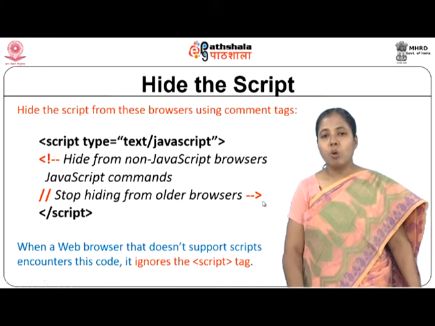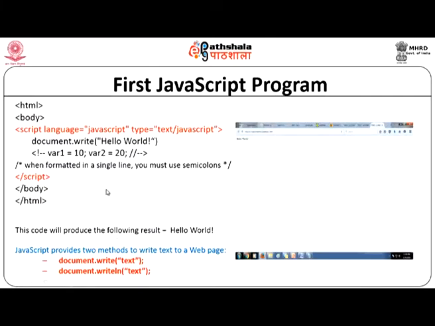This symbol is not understood as a comment tag in JavaScript. Hence, in order to comment it as a block, at the end tag we use a double slash. This is one of the comment tags to comment a single statement. And this is our first JavaScript program. We can see here it is embedded within the HTML code. We make use of the script tag and give the attributes, and then we use one single statement called document.write, and we want to print